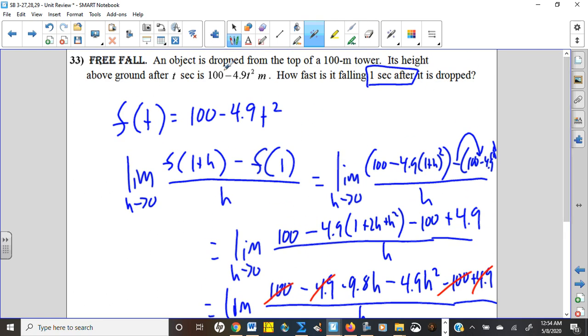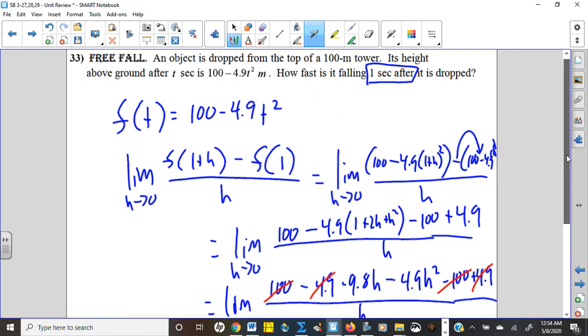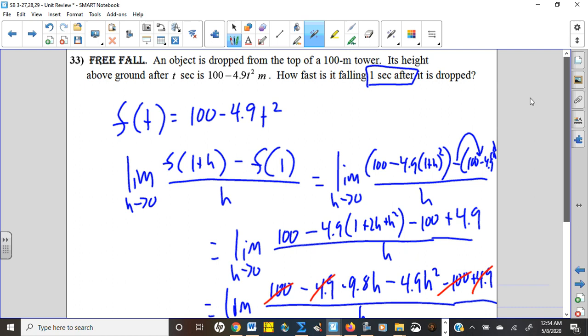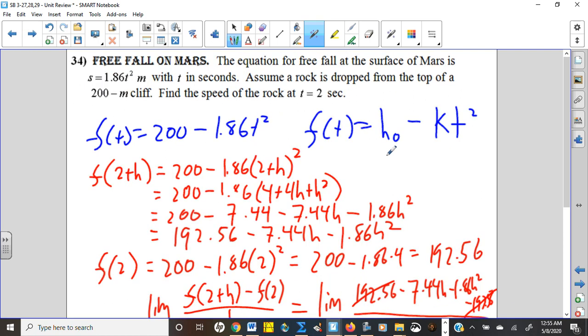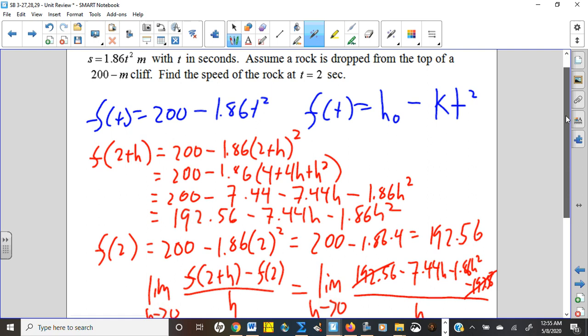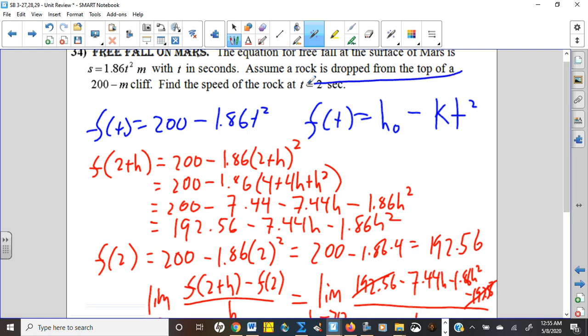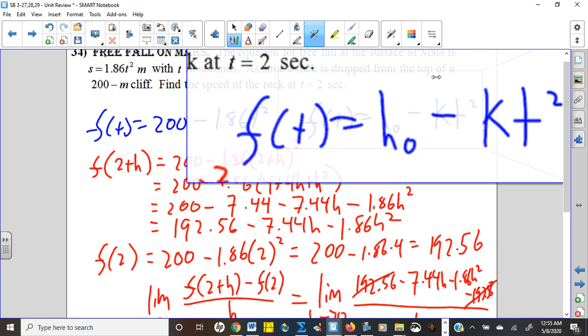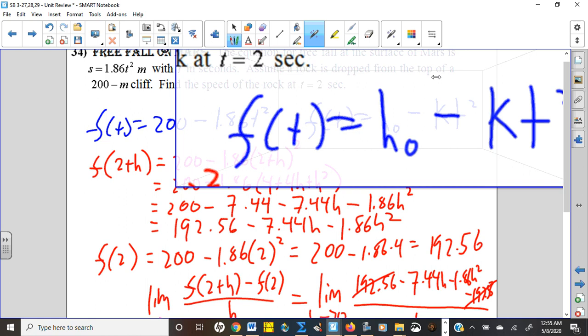So we set up the equation of free fall from a tower, and then we use the difference quotient. Once again, this one's worked out in the course pack probably a lot neater than what you see there. Same thing here, same type of question, right? Here's that general formula where you do h naught minus kt squared, which is the initial height,